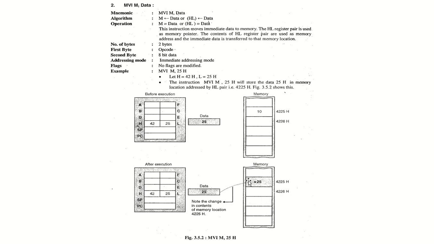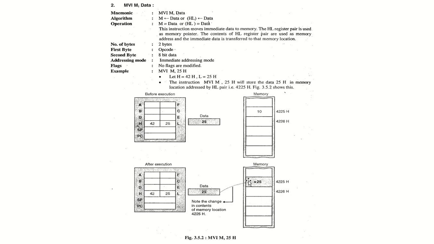We had some register, but here what is happening? We are transferring some data at a memory location, right? And again we are following the immediate addressing mode, right? So this instruction moves the immediate data to memory, and we can pick the immediate data on our own. So here we have picked 25, right? And it allows us to